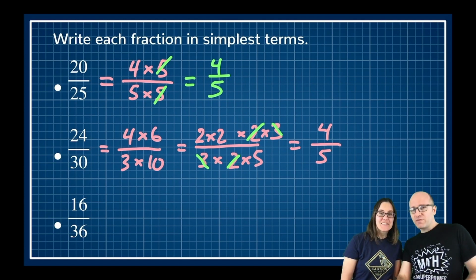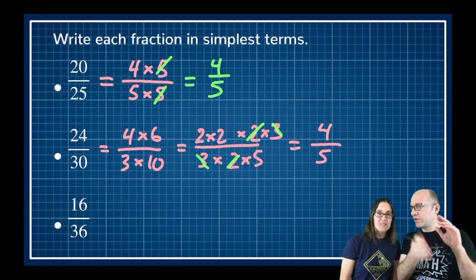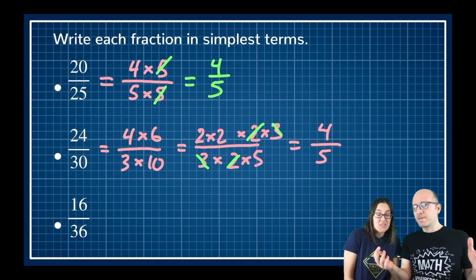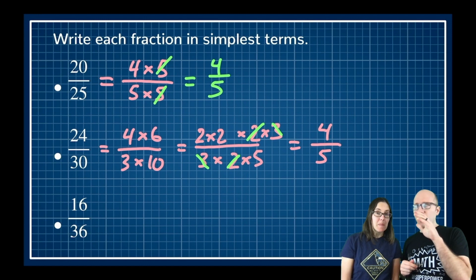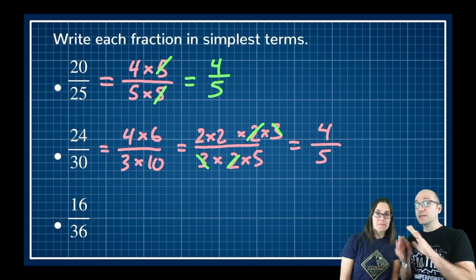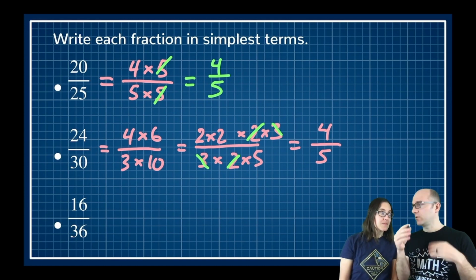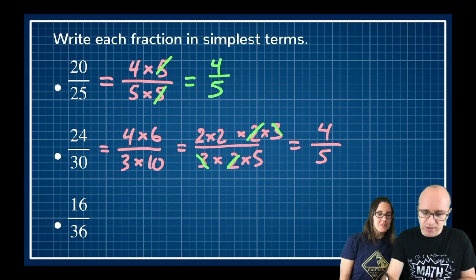Real quick, what if I had canceled the entire bottom? 3 times 2 times 5. What if everything had canceled? What would be left over? Whatever was in the top, just your numerator. Right, but more importantly, on bottom, I'm trying to just emphasize that it's a number 1. 1. It's not a 0. It's a 1. There's always a 1 left over when you divide a number by itself. So I just want to make sure we understand that.